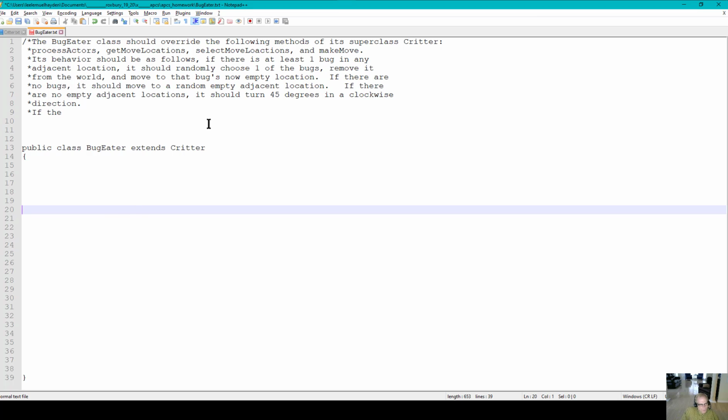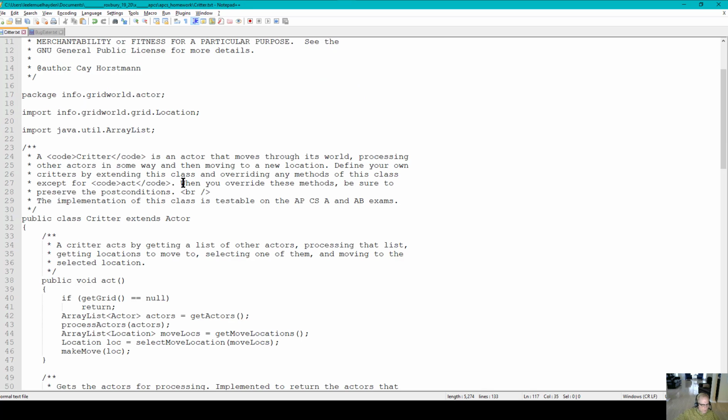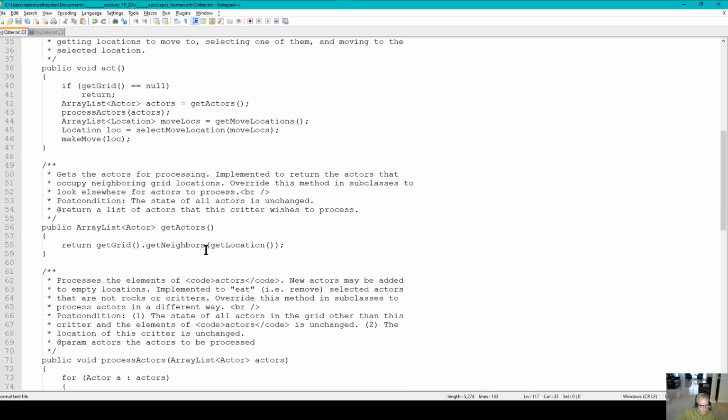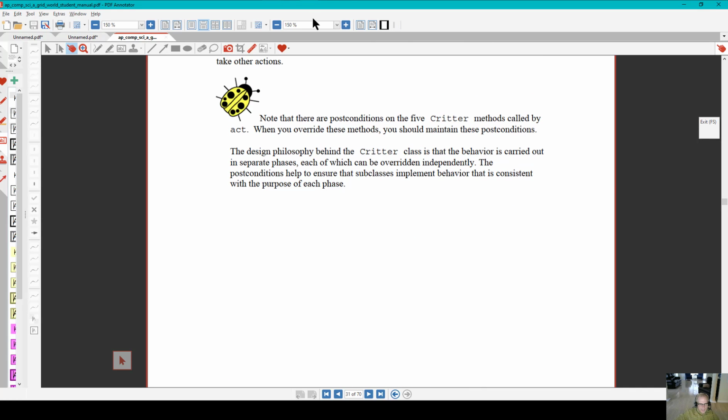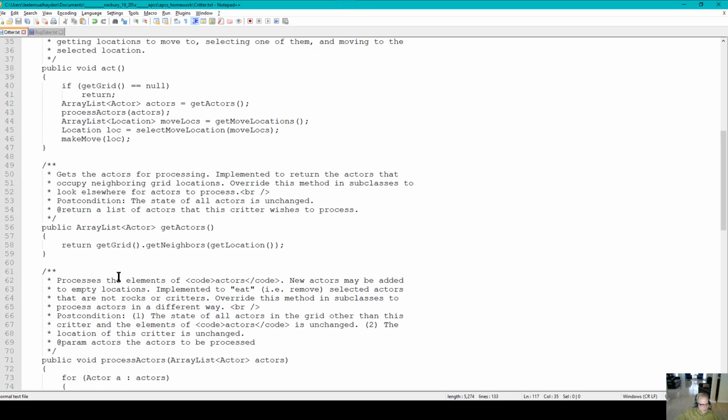So basically the way BugEater is supposed to behave is when it gets the list of actors to process, in other words, for the get actors method, it's going to get all of the bugs that are in any adjacent location to itself. So get actors is going to go through all the locations, all right, and